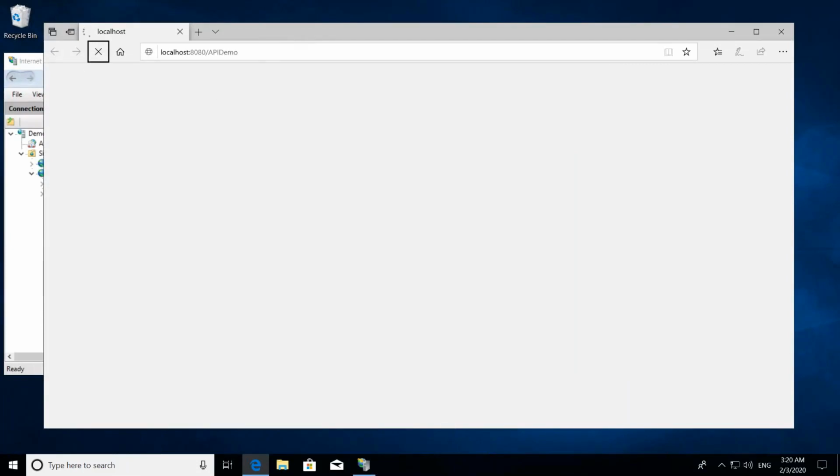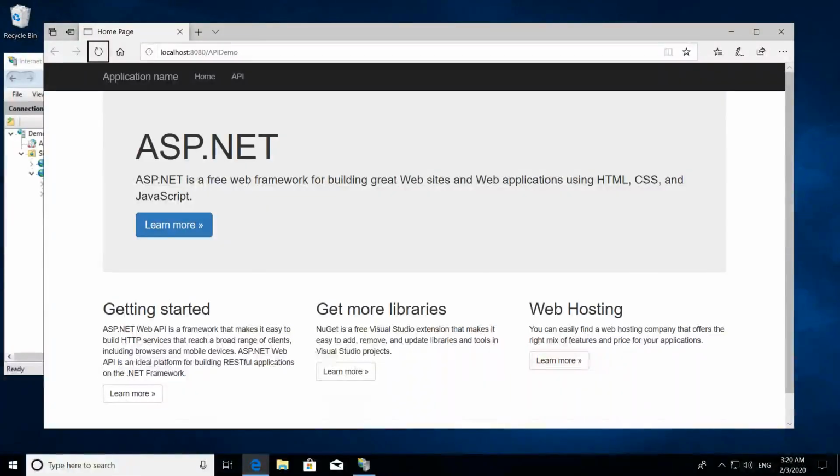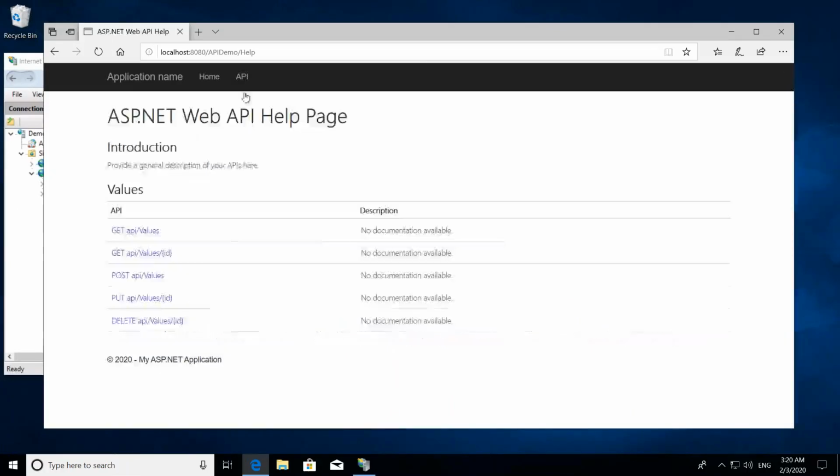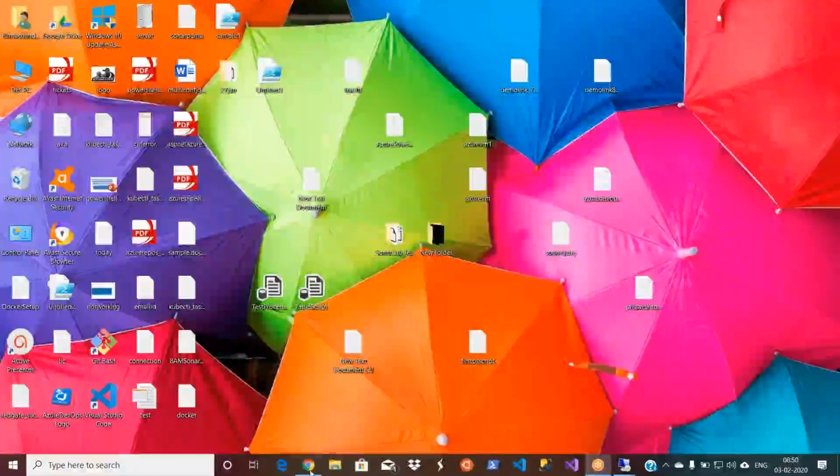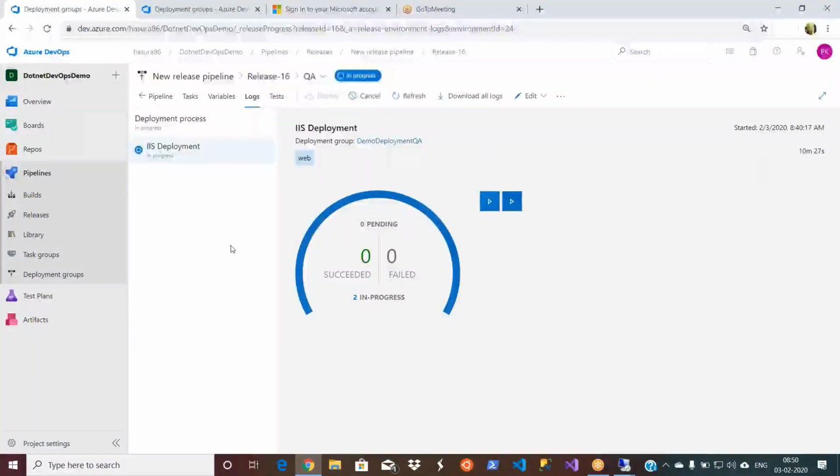I think there is some issue with the portal. It is not refreshing the UI, so that's not our problem. That's okay, it is deployed. So this is how you deploy a different application to a different set of servers under the same deployment flow, using tags. Generally, tags are only for searching, right? But here tags have utmost importance.